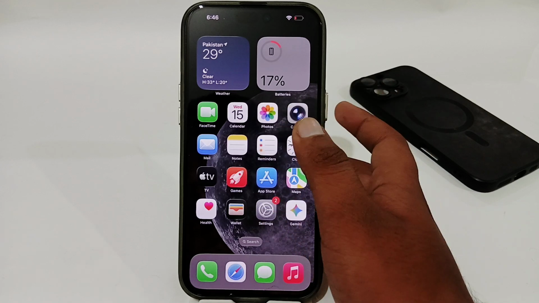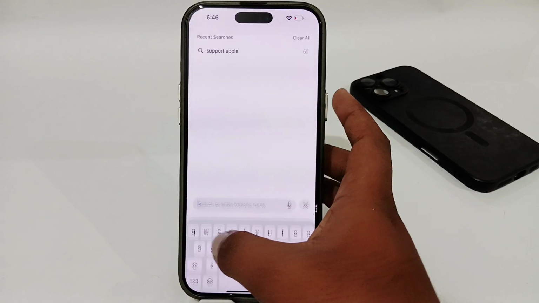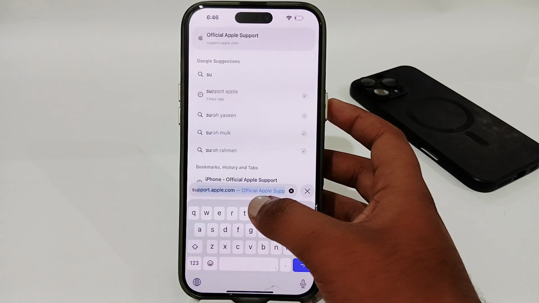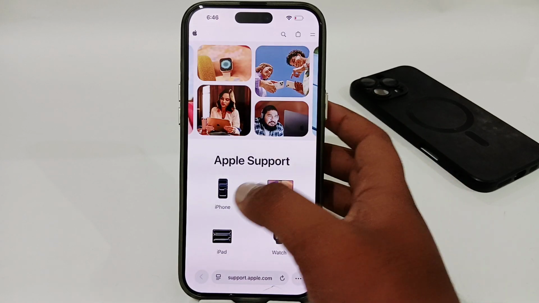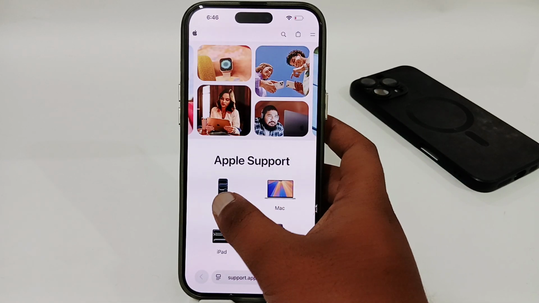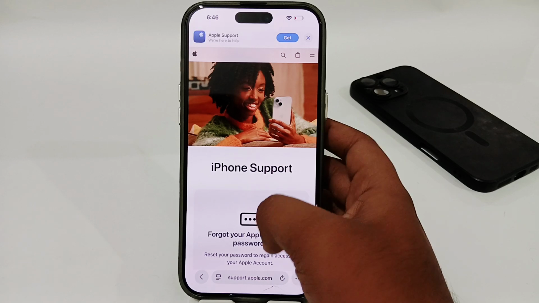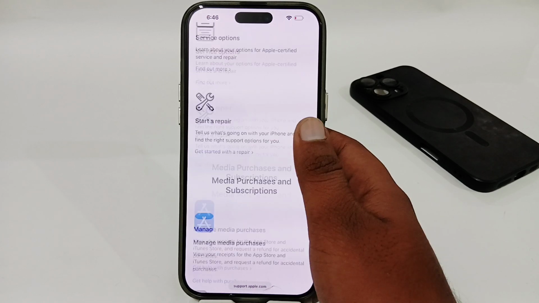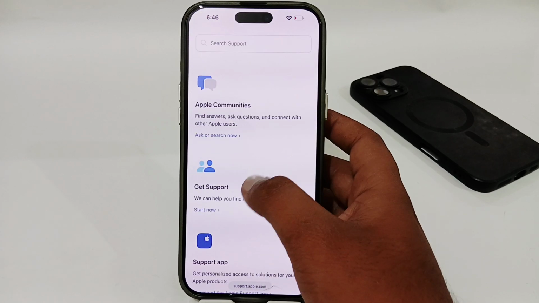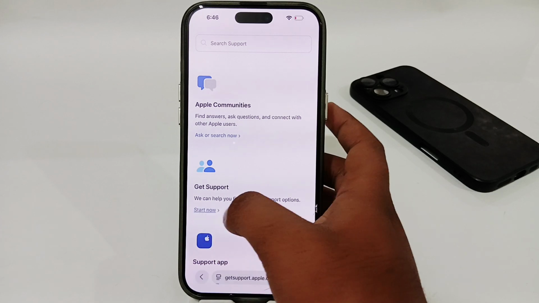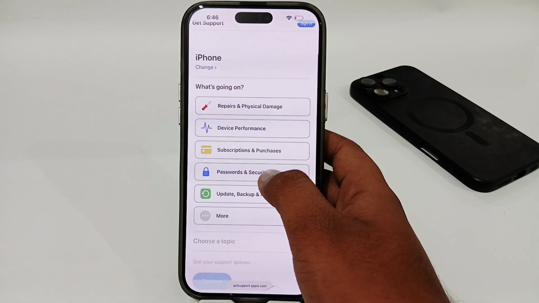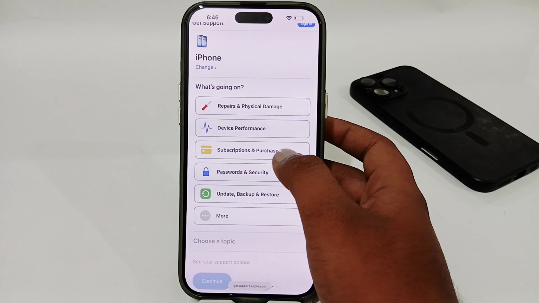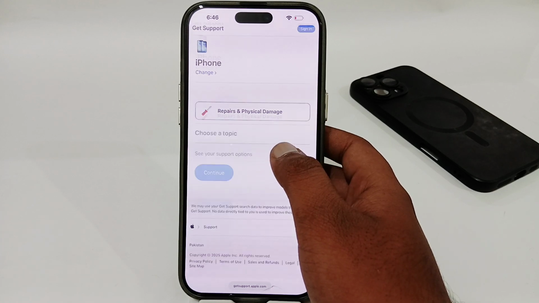Or if you are still having the same issue, you have to open your browser, and here you have to simply search for support.apple.com, and you can try to search Apple Support, then select your device, and here you just have to scroll down and look for the option of Get Support, then select Start Now here. And here you just have to scroll down and wait for the option of Subscriptions and Purchases, select that,